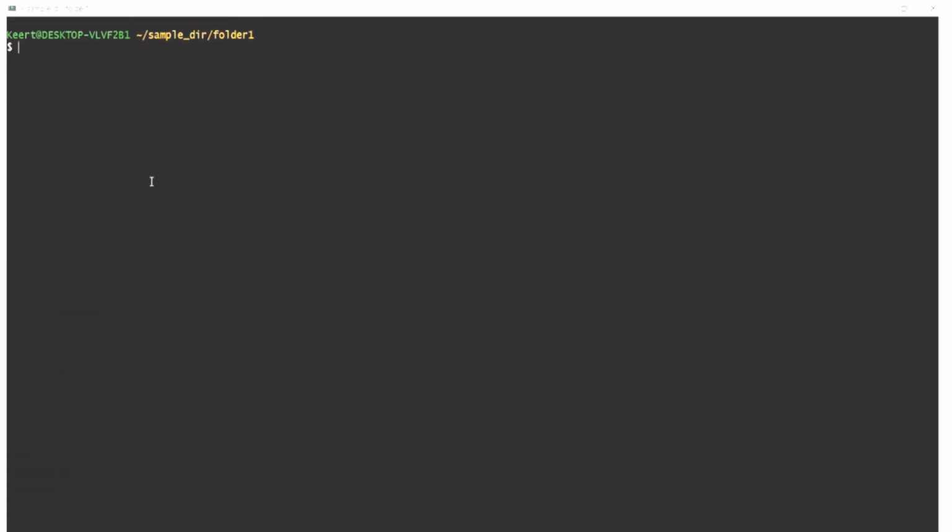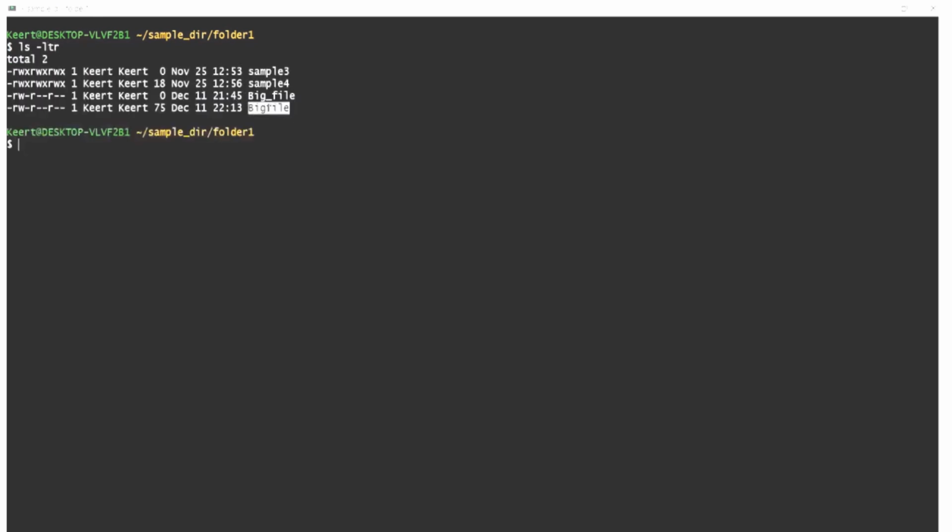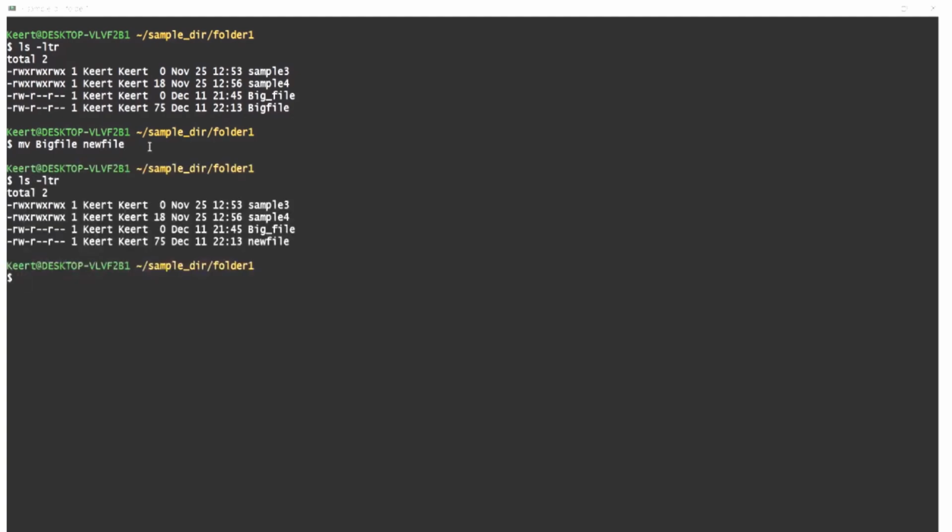Now I want to show how to rename a file. So ls -ldr, here a big file is there. I just want to rename this one with some other name. So what is the command? mv, move, is the command we can use, and I want to rename this file with some other name, like new file. I'm giving the file name as new file. So ls -ldr, you can see new file,